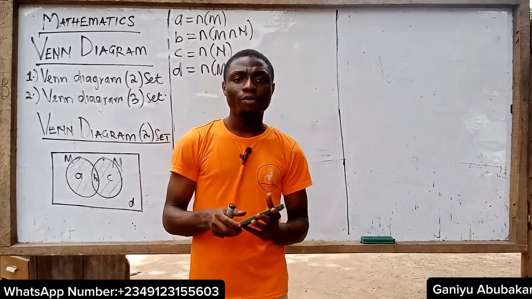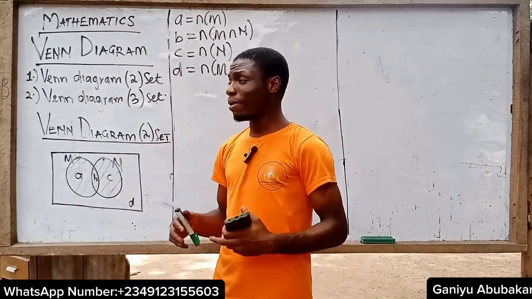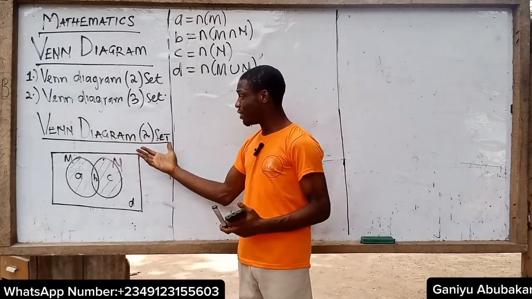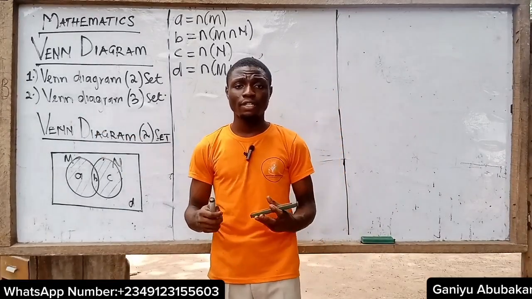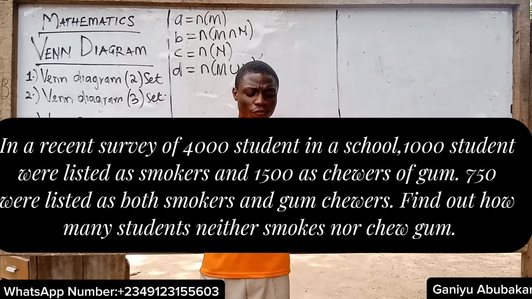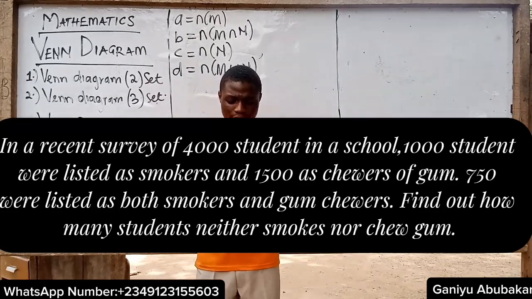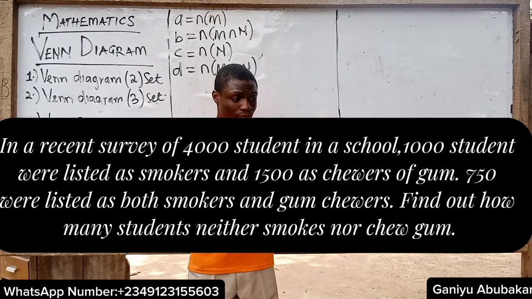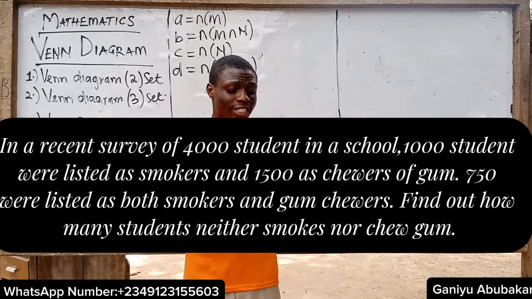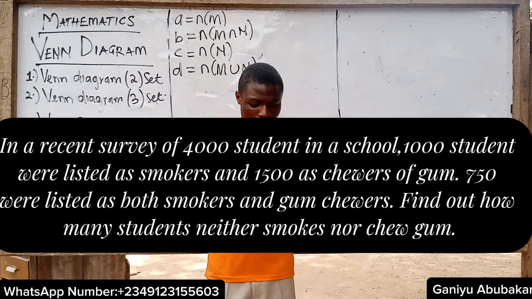All right. With this idea now, let's take a problem and solve it together, and let's see how we can apply this concept of Venn diagram for 2 sets. Example 1. In a recent survey of 40,000 students in a school,